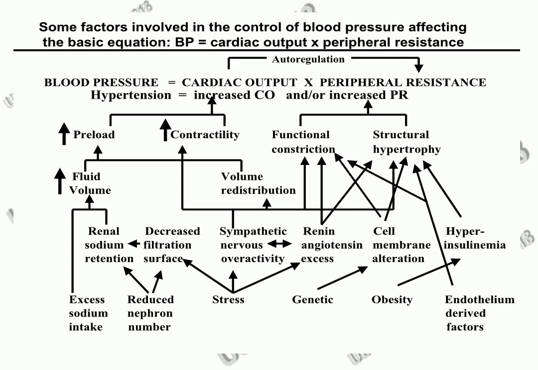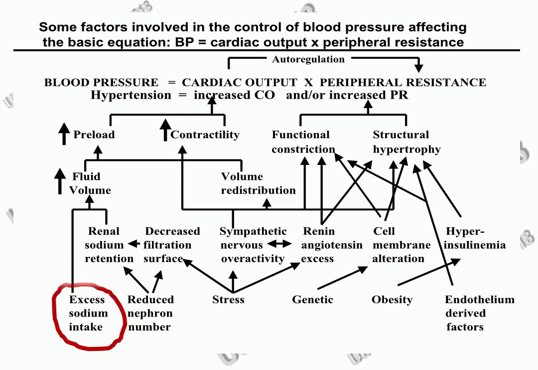So let's move over to a review of the pathophysiology of your hypertension. If you recall your physiology, of course, blood pressure is basically the product of your cardiac output times your peripheral resistance, which means anything that will alter these, increasing your peripheral resistance or causing changes in your cardiac output, can also reflect an increase in your blood pressure or cause hypertension.